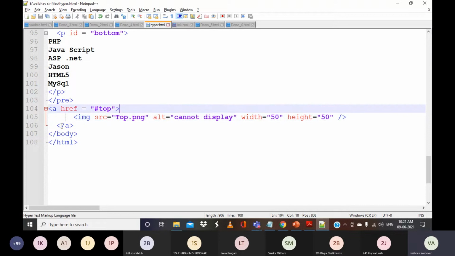Before we close this anchor tag, in the previous case we wrote text here, like click here to go to top, click here to go to next page, and so on. Instead of that, we have to add this image tag and include the image. The image can be within the same directory, or in other directories, so you have to give the proper path. Then you can provide the size, that is width and height, for that image. The moment you click on this image, you will go to the respective location that is mentioned.